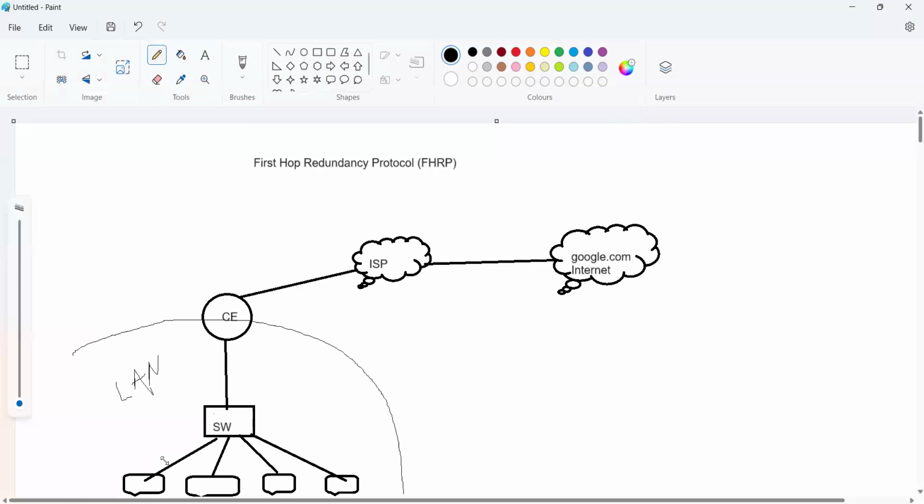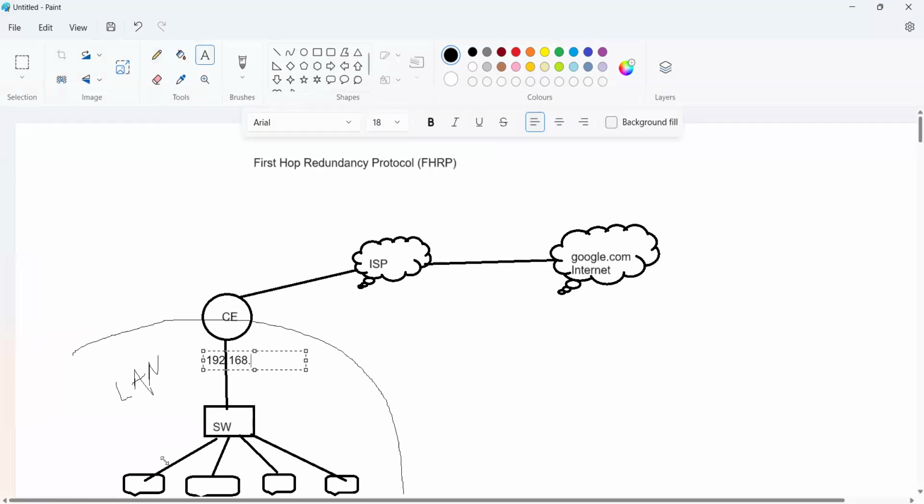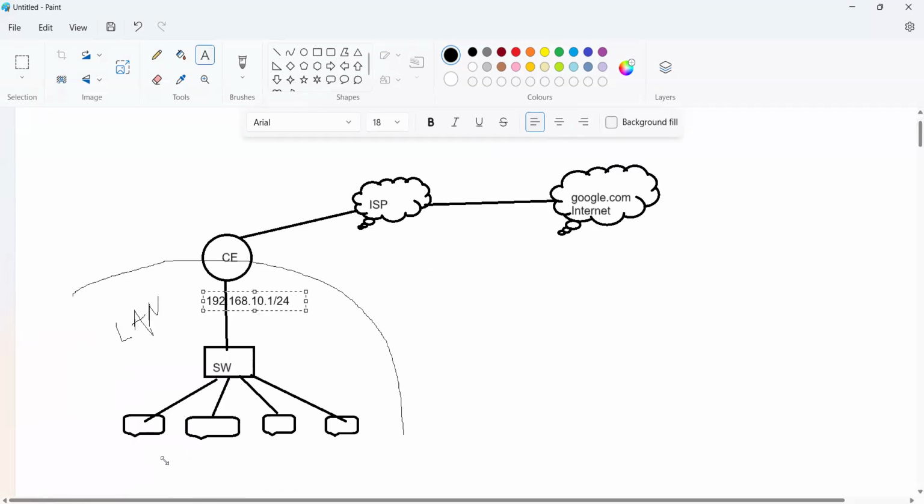here we have one IP address, this is our prefix 10.1. This is a gateway, and I'll give IP addresses to each individual user: 192.168.10.10 for this PC, and for these PCs 192.168.20.10, 20, 30, and this one 40. So the